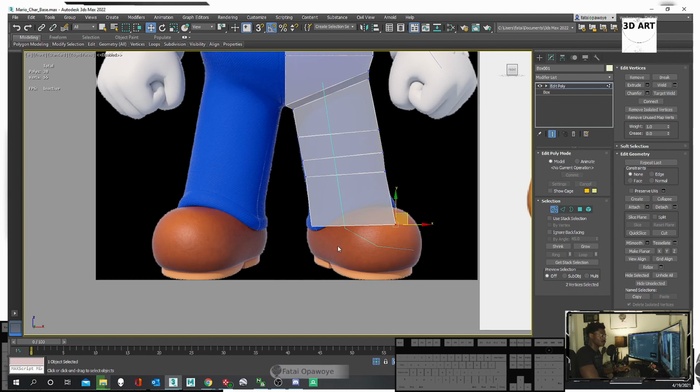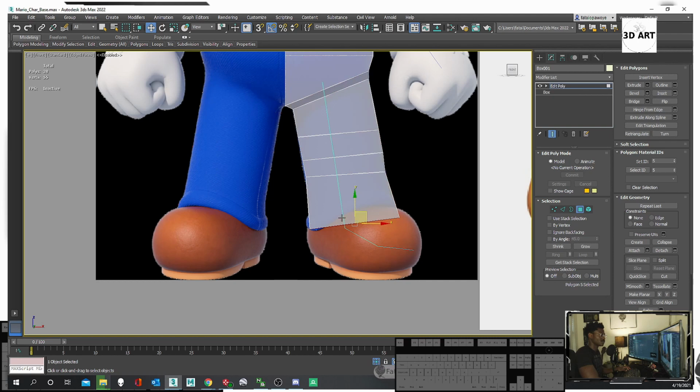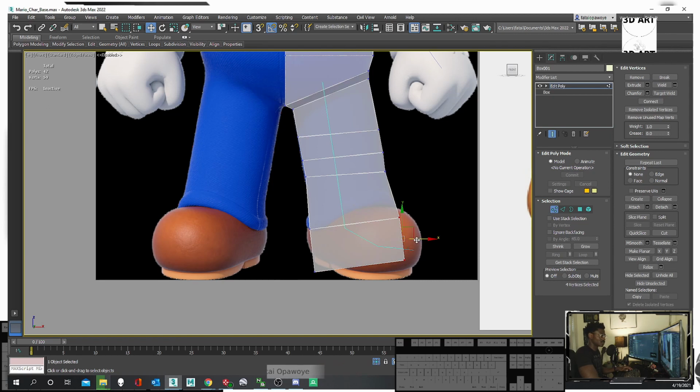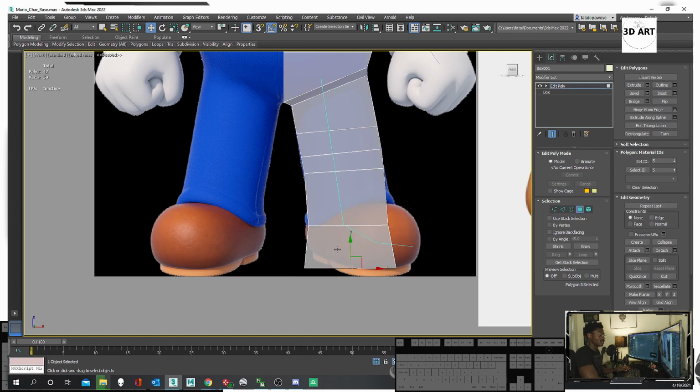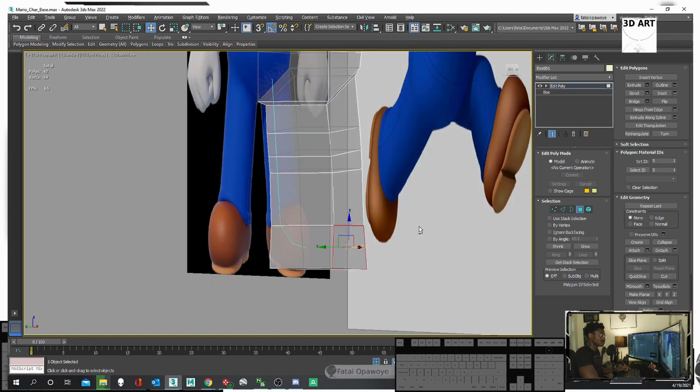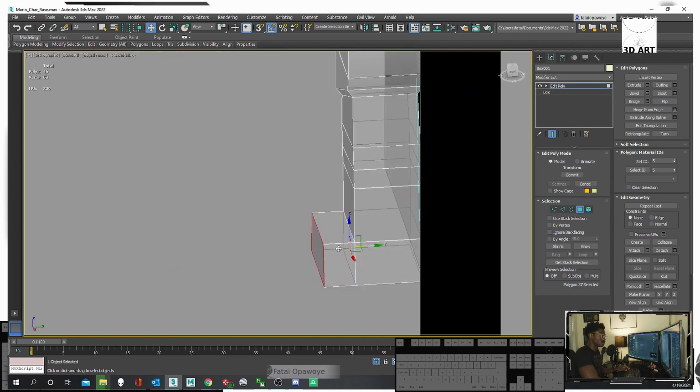So there we go, like so. And boop, like that for the bottom of the heel. And I'll just drag these guys like so. Like that. And like that. Just gonna bring this guy out because this is my representation of the heel. Alright. And then I would go in here like so. And we could just boop